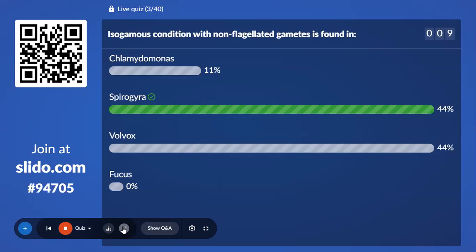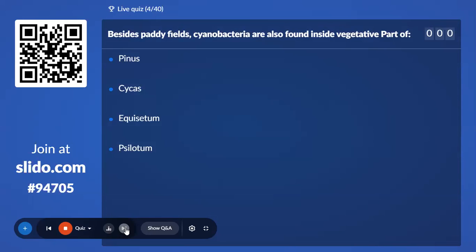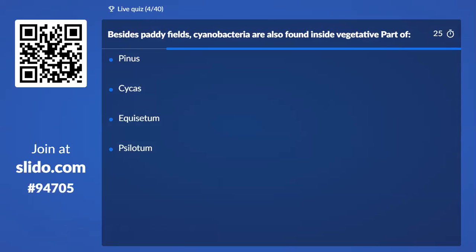Okay. The fourth question on the screen. Simple question again. Besides paddy field, cyanobacteria are also found inside the vegetative part of option A, Pinus, option B, Cycus, option C, Equisitum, option D, Silotum. Besides paddy field, cyanobacteria are found inside the vegetative part of